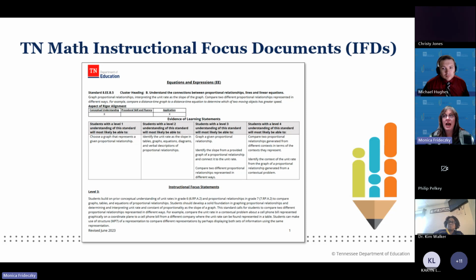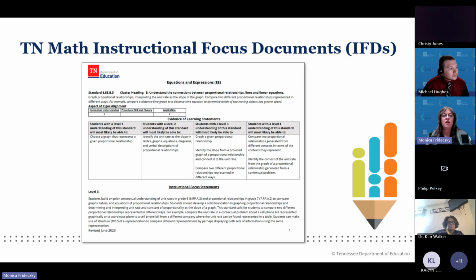One of the things that was added to these just recently, or this year, or maybe it was the end of last year, I'm not exactly sure, is that little section just below the standard that says aspect of rigor alignment. So each and every standard, grades K through 12, will include which aspect or aspects of rigor are being addressed or being emphasized